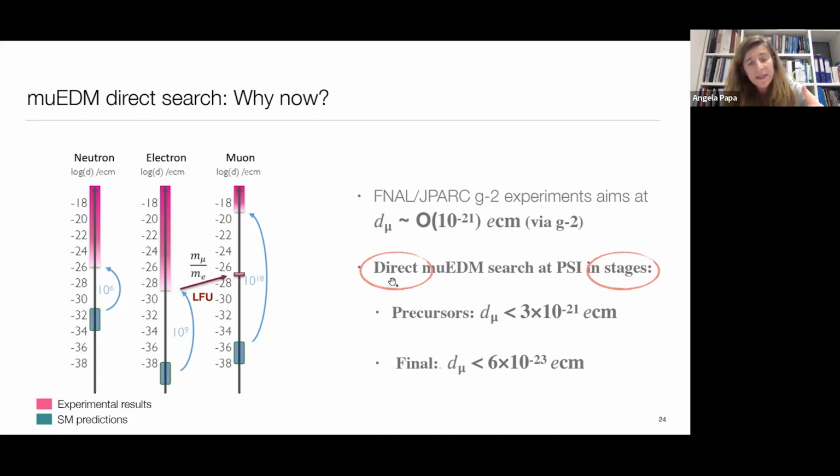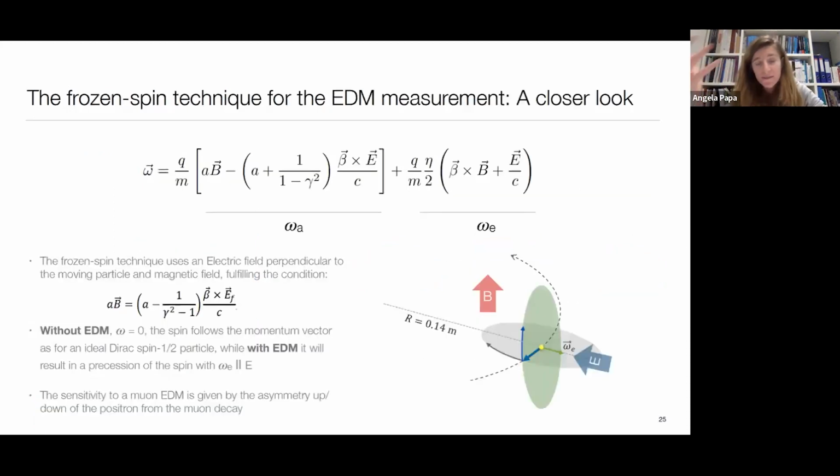But in this specific case, the proposal that I'm going to discuss right now aims to focus on a direct search, which at the stage of the precursor would turn out to be very similar to the sensitivity that other experiments are going to achieve. The advantage would be that if we could prove that this new technique is valid, this would allow us, in a relatively short time, to push down these searches by 2 orders of magnitude. And now, what is the idea?